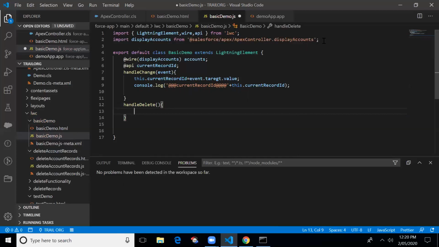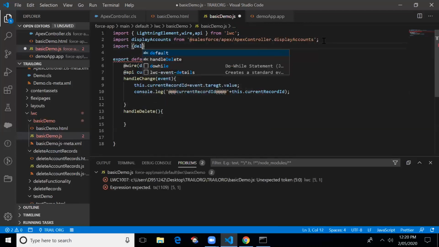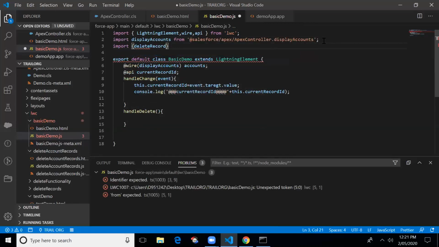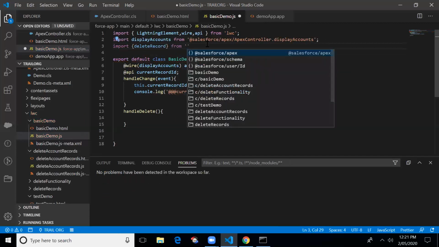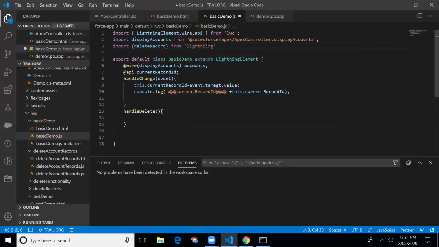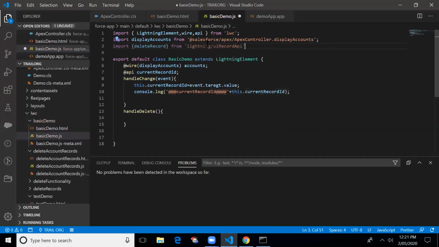So I'm importing deleteRecord from lightning/uiRecordApi.